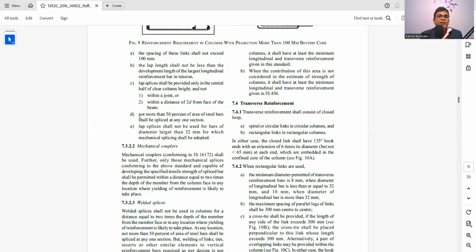And now another thing it is saying: not more than 50% of area of steel bars shall be spliced at any section. That means all bars in the same area we cannot provide. Only 50% area we can splice in a single section. So if it is 8 bars, we can provide 4 bars in the same section, but it is also staggered and alternate, and another 4 in another splice area. And lap splices shall not be used for bars of diameter larger than 32 mm,